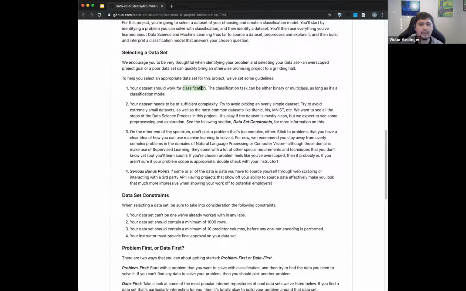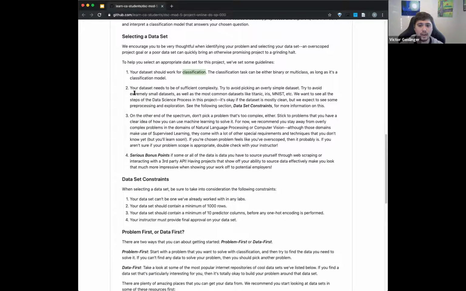That's perfectly fine. I think most people will gear towards classification just because, as your first project, it makes a lot more sense. There's a lot more options for you to play around with. But if you're curious about doing an unsupervised learning problem, that's perfectly fine too. In fact, you can take a lot of classification problems and turn them into unsupervised learning and explore it that way. Okay, there's a few things in here that are important that I'm going to read off, and then I'm going to say a few things that are different, because this in particular is going to be a little bit different from what's actually in the curriculum.